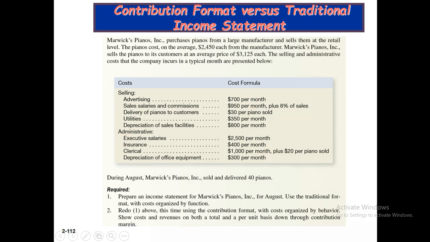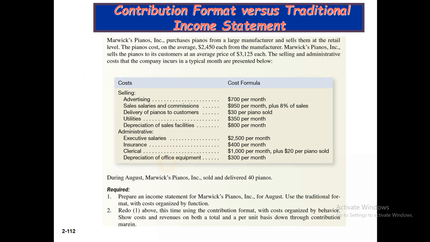So here, prepare the income statement of Marwick's Pianos Incorporation for August. Use the traditional format, which is cost organized by function. So this is the month of August. We prepare the income statement, that means we call it the traditional income statement. So in the traditional statement, we just use